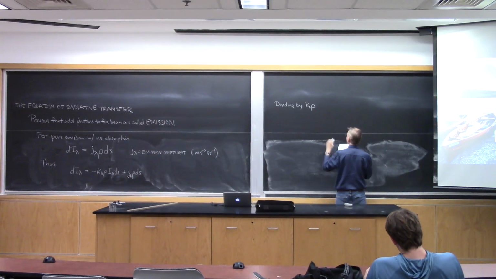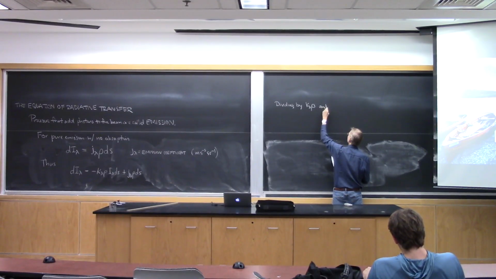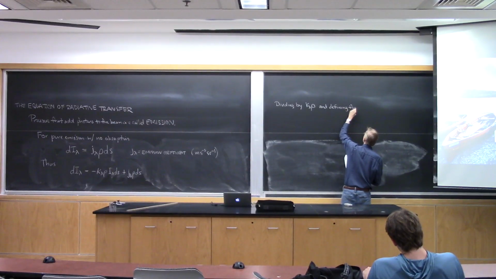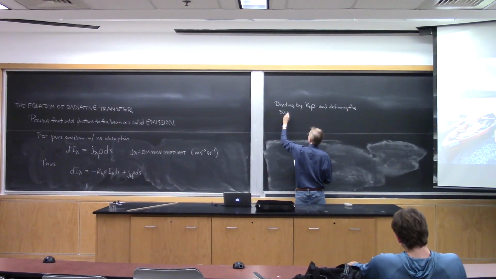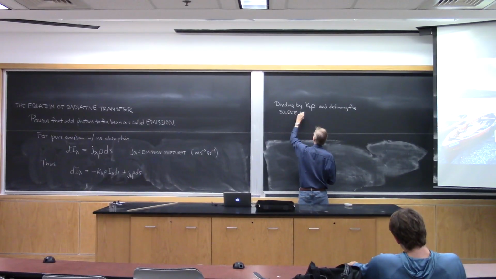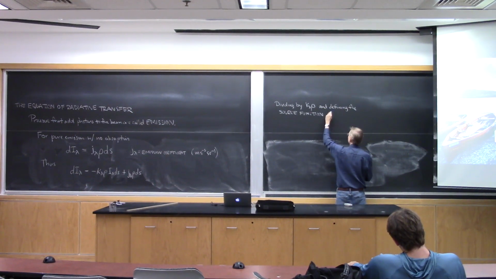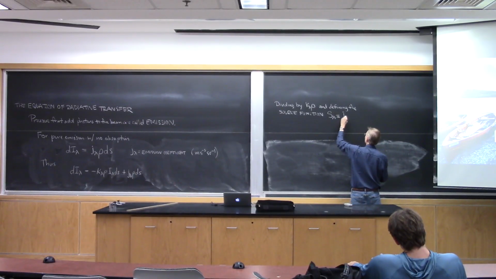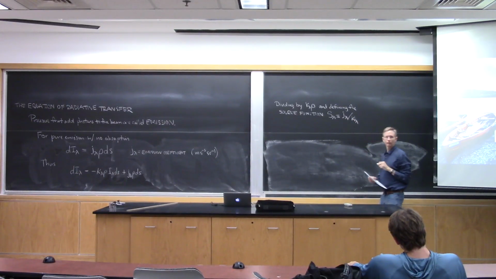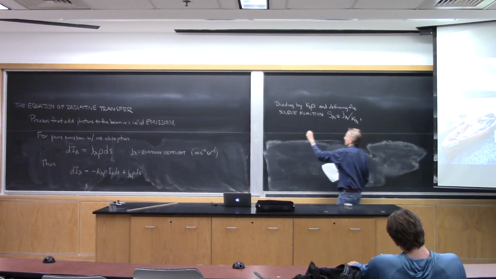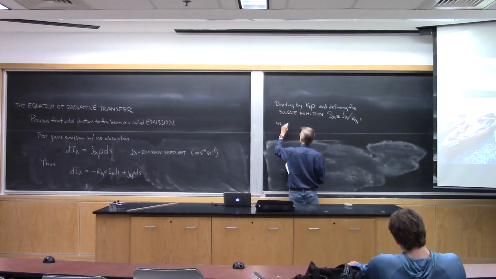And now defining what we call the source function, we're going to say that's capital S_lambda, defined to be the ratio of the emission coefficient to the absorption coefficient, J_lambda over kappa_lambda. Then we can get our equation in the form